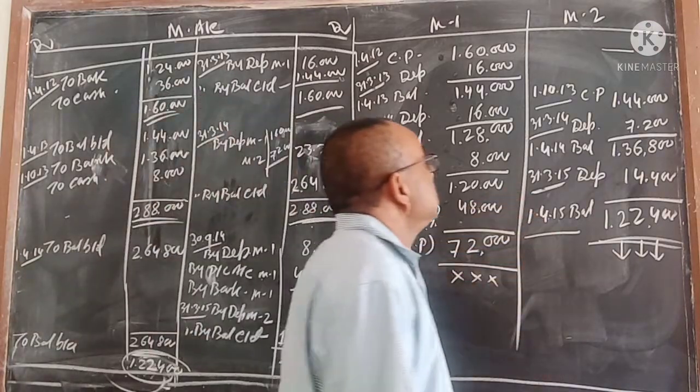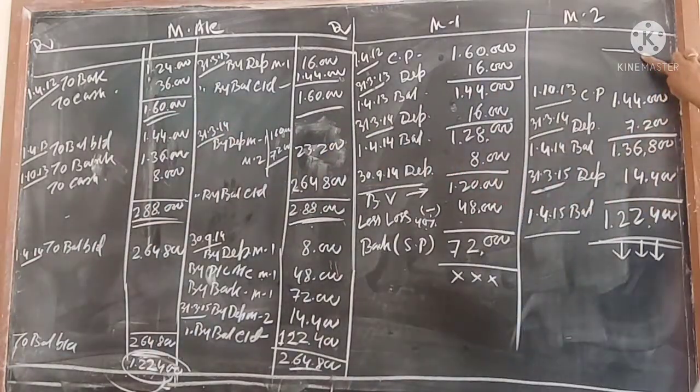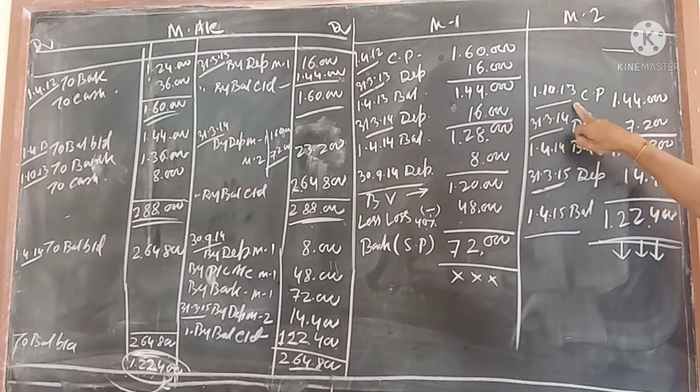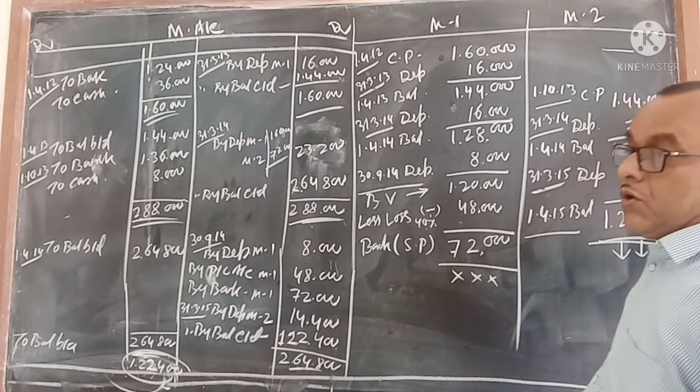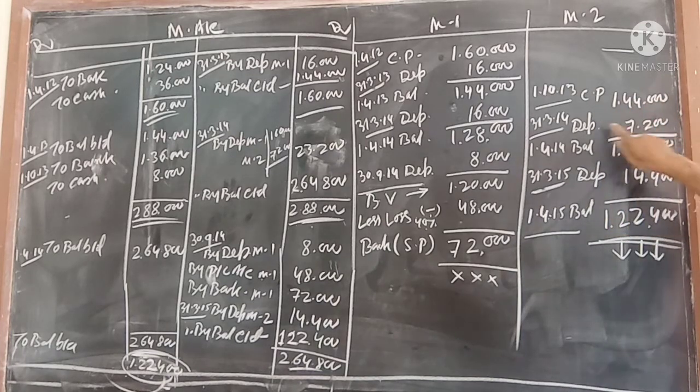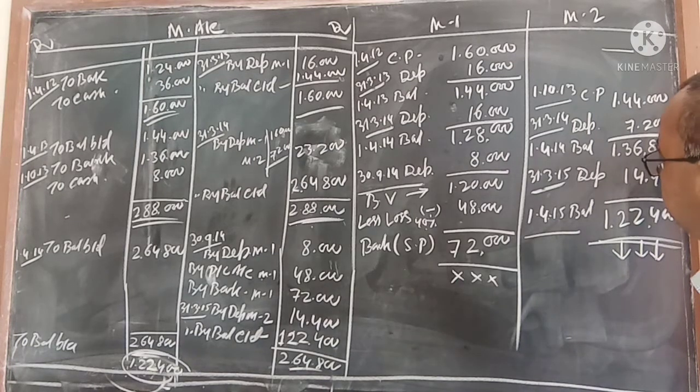Second machine, first year no balance. Second year, in the middle you have purchased it, and for 10% it comes to 14,400. 10% of 1,44,000 comes to 14,400. As it is 6 months, half of that, which is 7,200. And if you deduct, you will get 1,36,800, which is the opening balance of the third year.